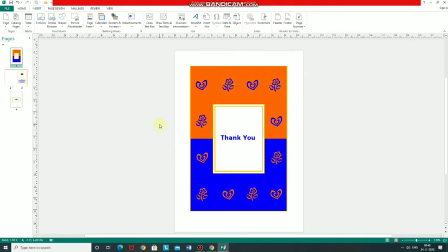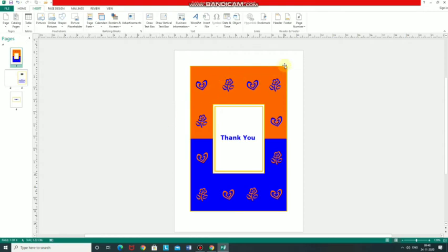Then second is guides. Guides are horizontal and vertical lines that appear on your publication while you are working with it. Guides help in aligning text, images and other objects on the page. There are two types of guide. First is margin guide. These are the blue lines that mark the edges or margin of the printable area on each page of your publication. These guides are created automatically when you set your page margin.